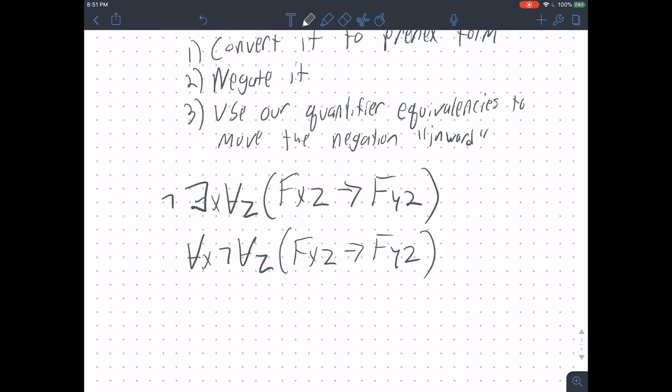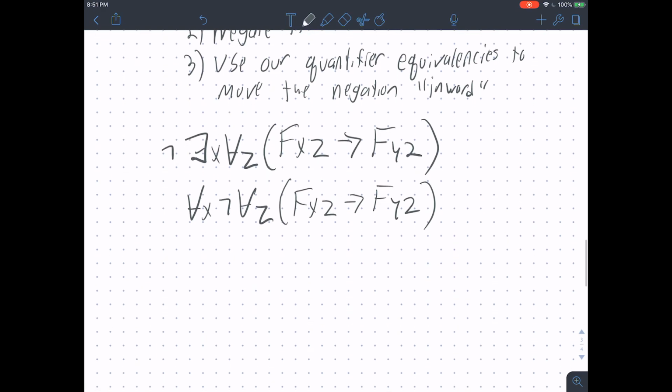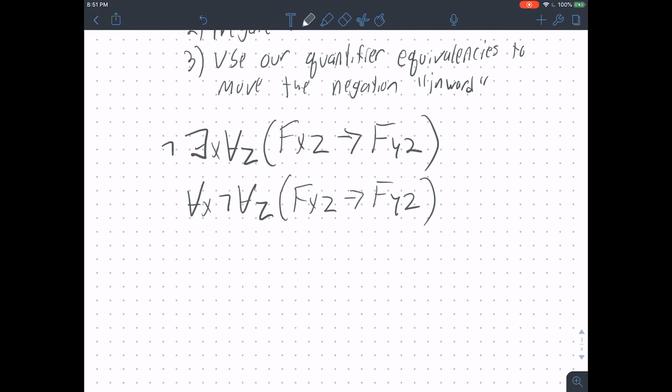Right. I picked the wrong example. It doesn't really matter though. And that was just using one of our quantifier equivalency rules. And then next we get